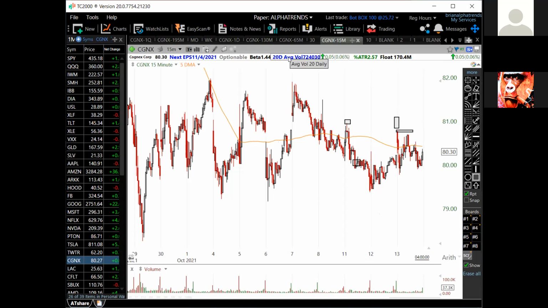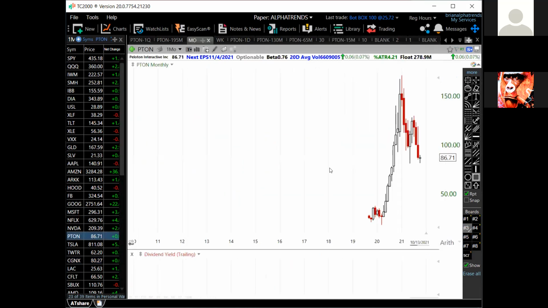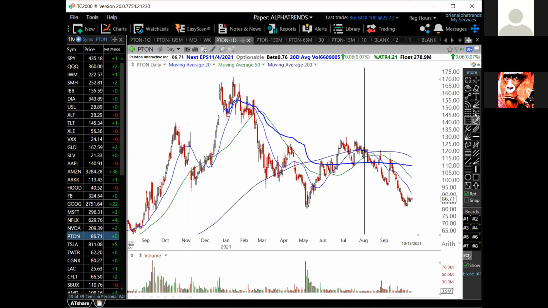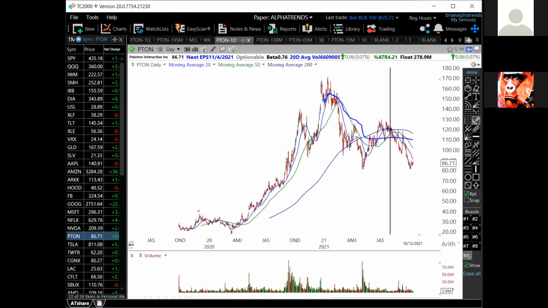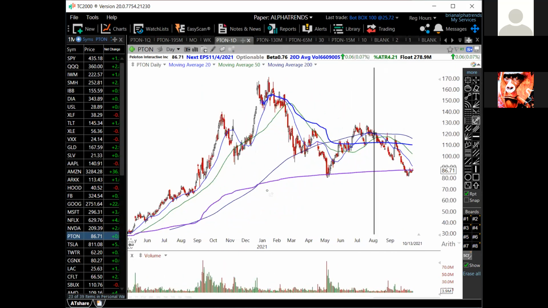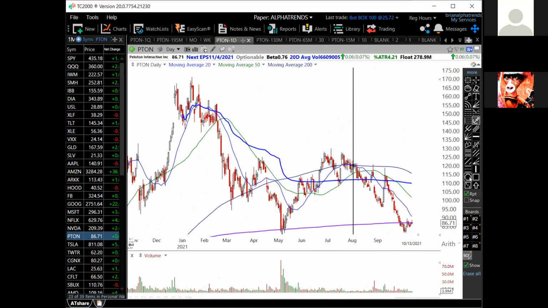So it depends on how you identify yourself. Are you a day trader? Well, you've got no business looking at a monthly chart of the VWAP in Peloton. Why would you need to know this as a day trader? But if you're a swing trader saying, hey, I've been looking to put this in my portfolio, or a longer term investor saying the same, you don't buy it right on that number, but maybe as it's starting to come back up from it, then you look down to the 30-minute time frame